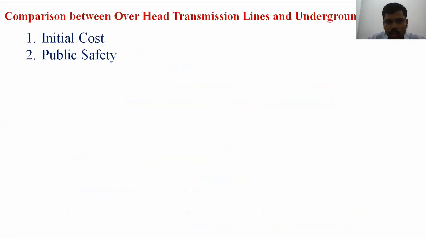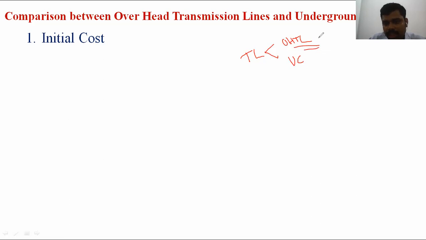Now the comparison between an overhead transmission line and an underground cable. Again, the transmission line, based upon the operating voltage, is split into primary transmission and secondary transmission line. And based upon the structure, one is the overhead transmission line, another one is the underground cable. In an overhead transmission line, we can transfer electric energy up to 765 kV, but in an underground cable, the maximum we can transfer is 66 kV. Beyond 66 kV, the insulation problem occurs. We can transfer up to 132 kV, but additional cooling is required, that is oil cooling or gas cooling, such as nitrogen gas, and so on.